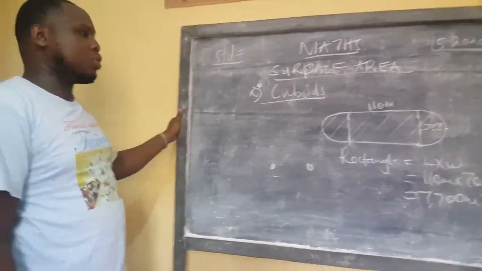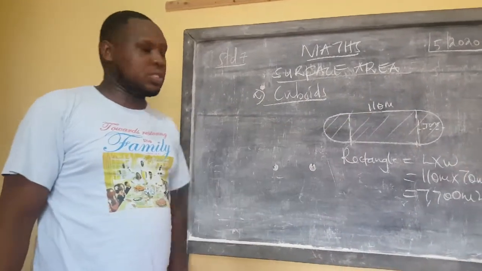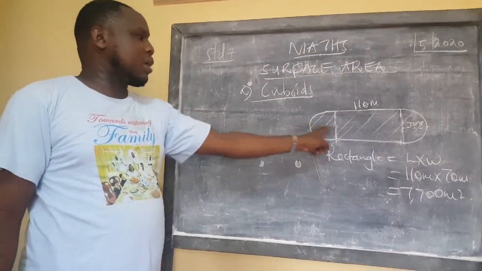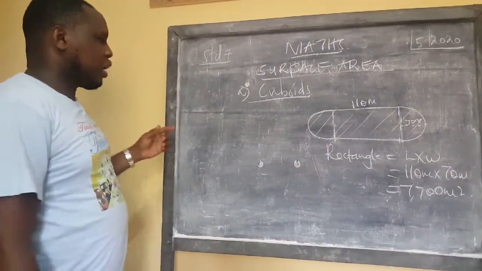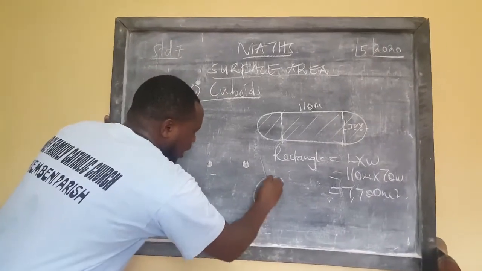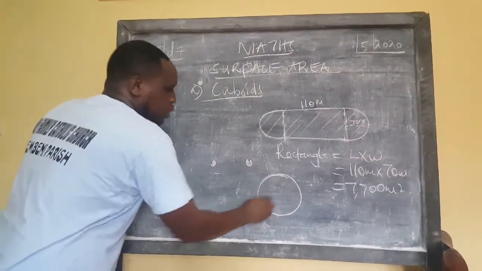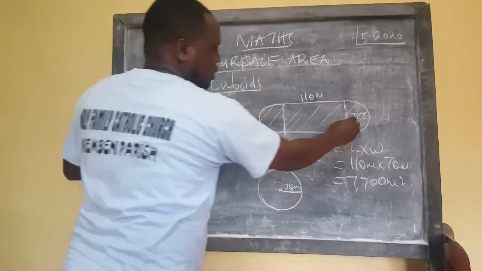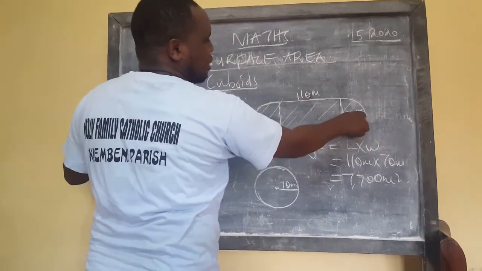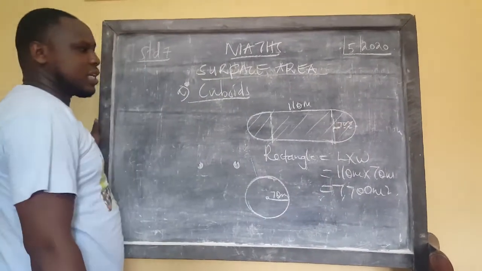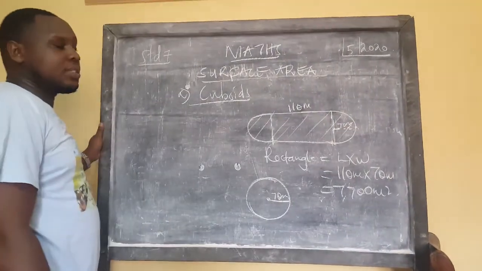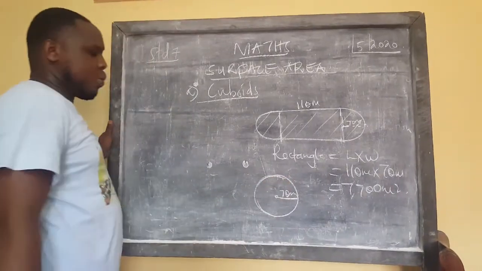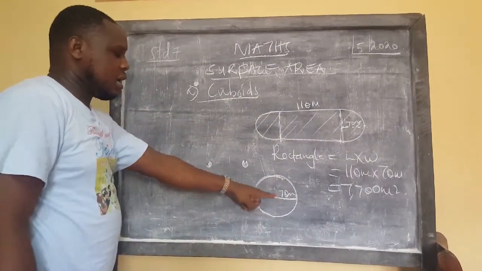Then from there, you're also going to calculate the area of the two semicircles. Now, there are two ways of doing this question, because this semicircle is the same as this one here. You can combine them to be a full circle, and our full circle in that case is going to have a radius of 70. If you look at this well, this one is the radius, because from the center of the circle to the circumference becomes the radius. So if you combine the two, the radius is 70, and so the area